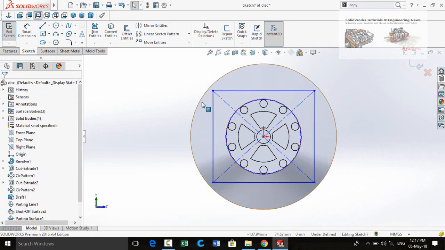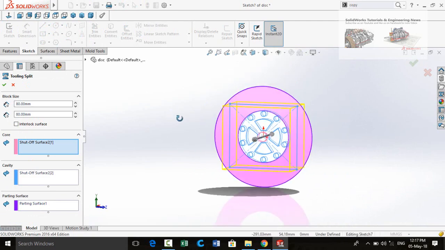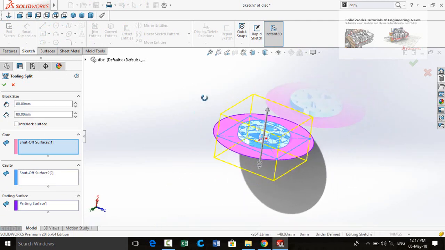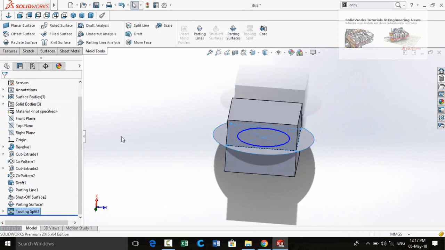Make sure that this parting surface should be larger than this sketch. Now press this button to continue and here are the extrusion lengths. So type 90 and also type here 90 extrusion length for this side. Now press OK button.